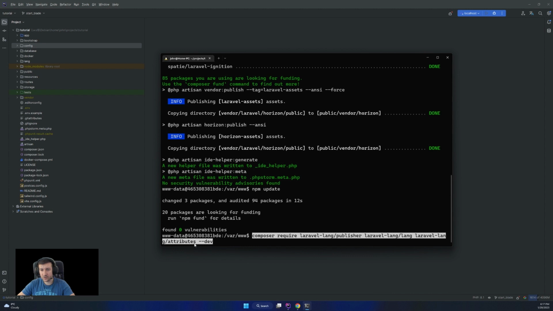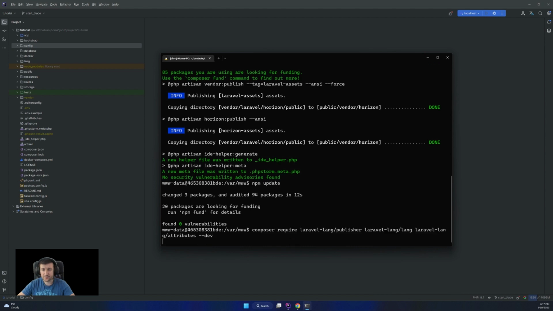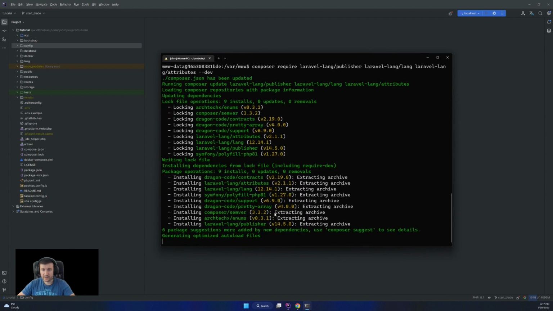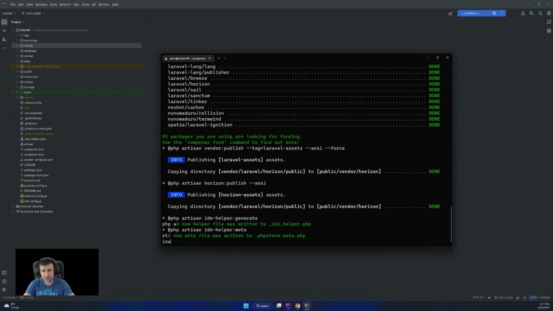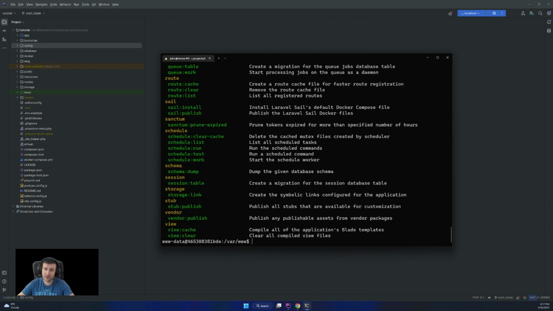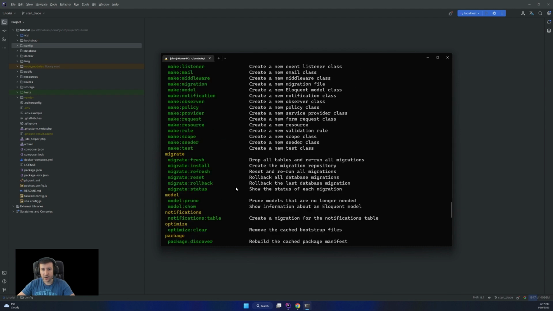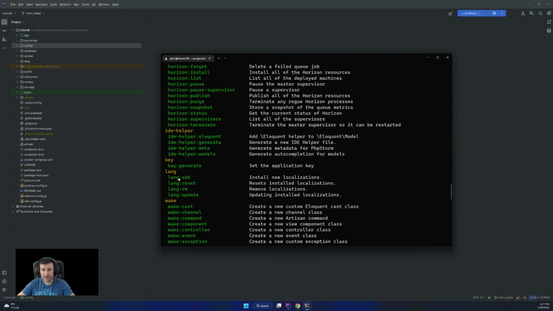So we need to install in dev the Lang publisher, Lang and attributes. I do all that, and this will give me access to four new commands. So if I go PHP artisan, I will have lang add, lang reset, lang rm, and lang update.